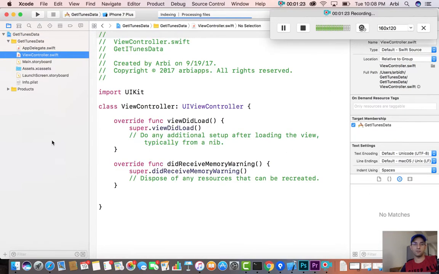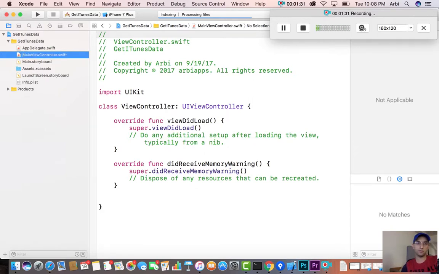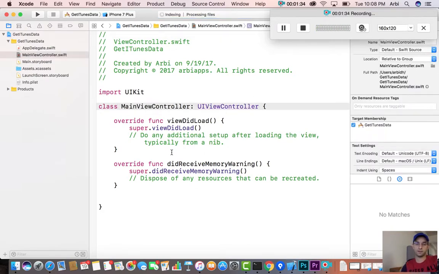So in the interview, you're gonna see this view controller, and the first thing you want to do is change that to main, or you can name it anything. Name it main view controller. What you're gonna do is tell the interviewer that you're gonna prepare the data. So first you wanna use NSURLSession and pull the data, and then in the first video, what we're gonna discuss is the data. Usually, they ask you why are you doing it this way